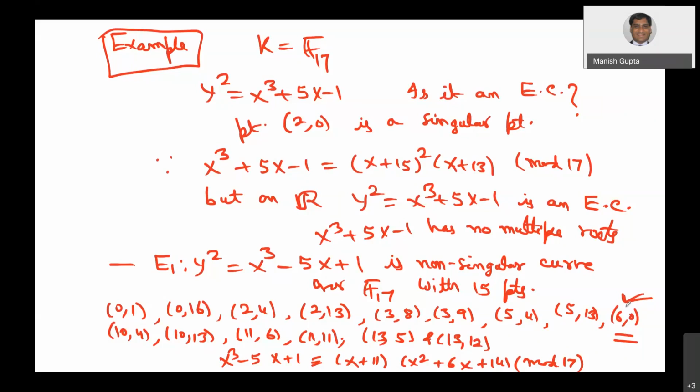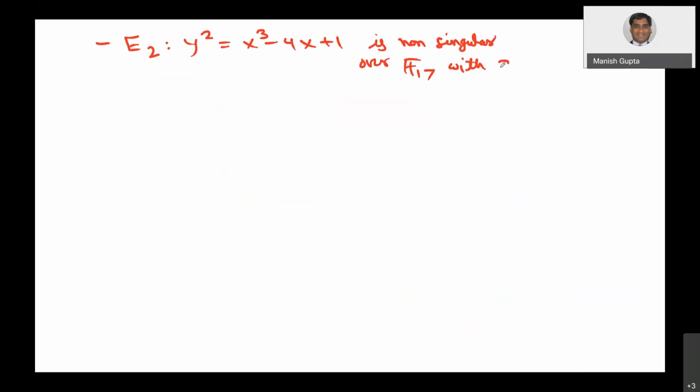Let me give you a few more examples. Now if you take the curve E2 with y square equal to x cube minus 4x plus 1, this is again non-singular. So please do verify all these things, whichever I am saying, that this is non-singular over F17 with 24 points on the curve. So I can list these points (0, 1), (0, 16),